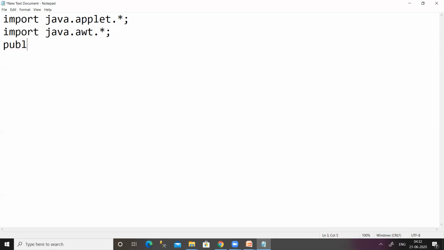So in order to access that graphics class, we need to import the AWT package in applet programs. And then, as we mentioned in the previous session, we have to define one class, and we have to define that class with the public keyword. This is because we have to access this Java file in the HTML file while executing. So in order to make this ABC class available, we have to define it as public, and then let us have the paint method inside that ABC class.